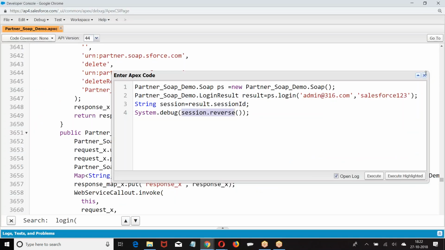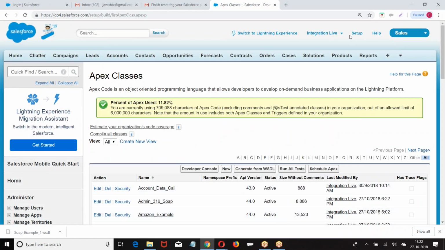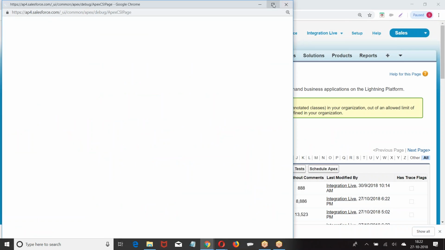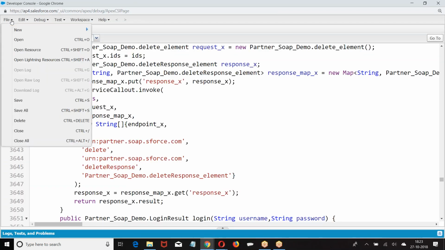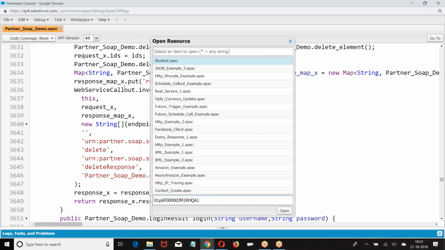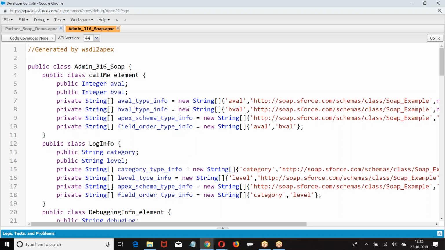Now, try to understand. This is the class which is generated.